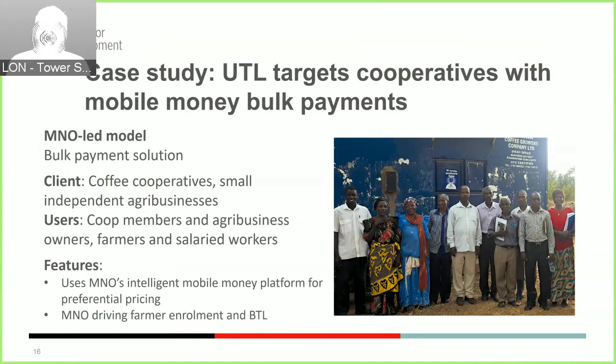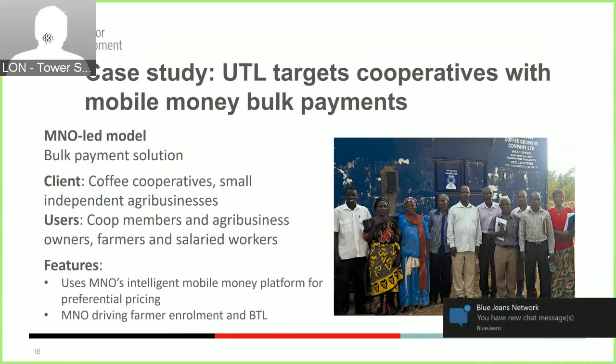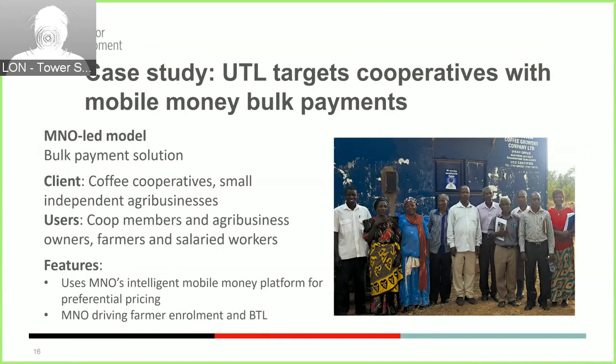This platform offered by UTL, Uganda Telecom, has a web interface with bulk payment functionalities that enables the staff of the cooperative or the agribusiness to make one-touch disbursements to recipients. It also enables running statement reports for transactions and sending SMS reminders when transactions are completed. This kind of solution addresses the need of the cooperative and the agribusiness to pay farmers in a more secure and less costly way. The key pain point addressed is that the cooperative doesn't have to transport cash for long distances, which also has an impact on cost.